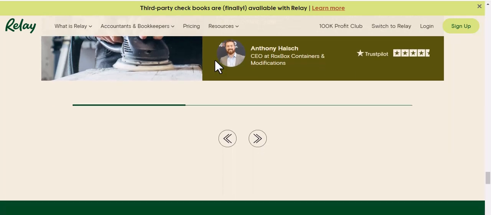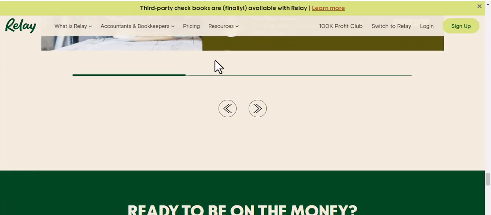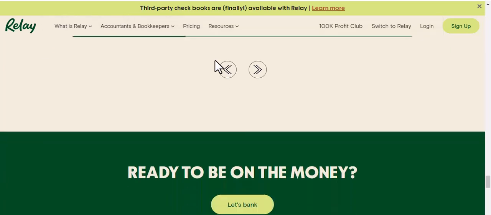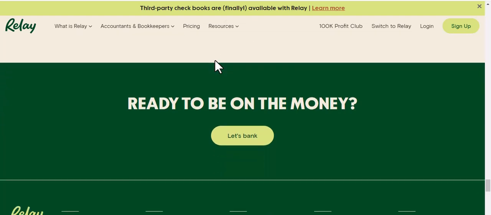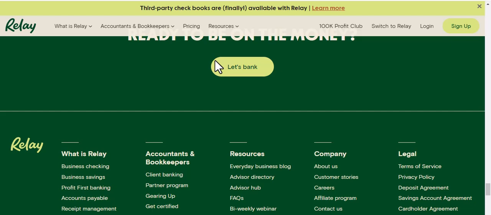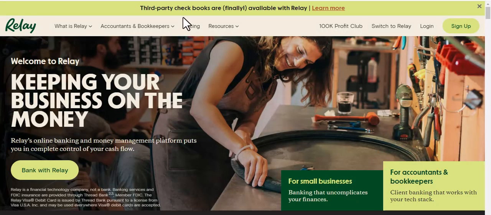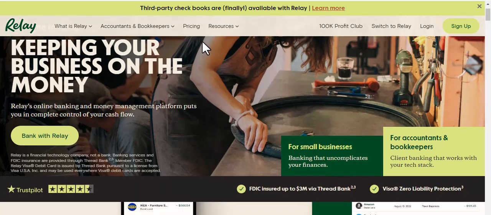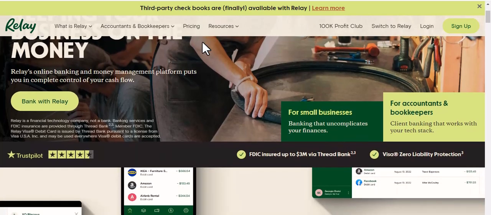Alright, once you're logged in, you'll land on the Relay dashboard, your central command center. The beauty of Relay lies in its ability to offer multiple checking accounts, all under one umbrella. This is incredibly powerful for implementing a profit-first or envelope budgeting system within your business. For example, you can create separate accounts for operating expenses, payroll, taxes, savings, and even a dedicated account for specific